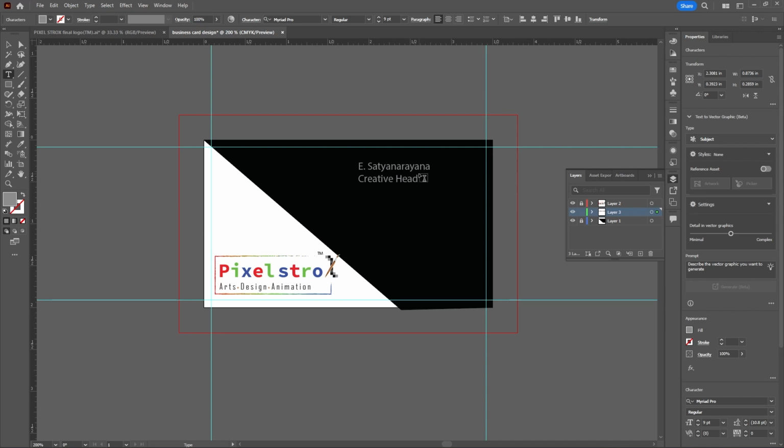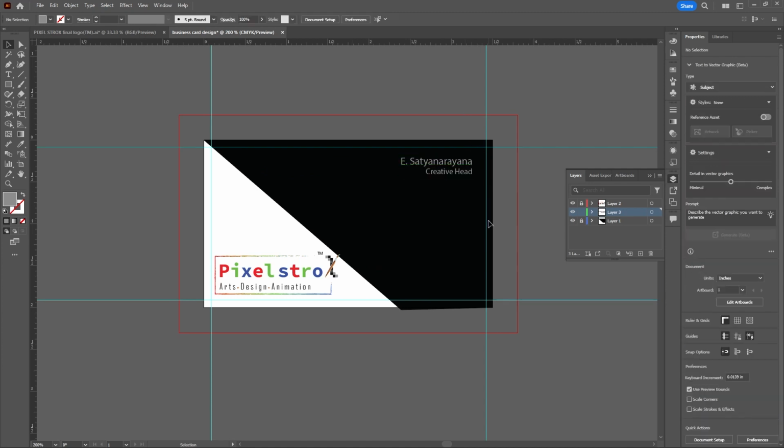create to head. This must be in some small point. Let us say 6 or 7 I am taking, right? Okay, and I am giving the right alignment. This is the text, right alignment. Okay, then